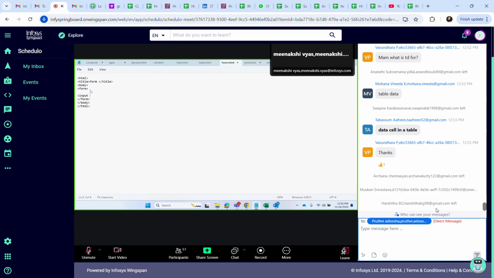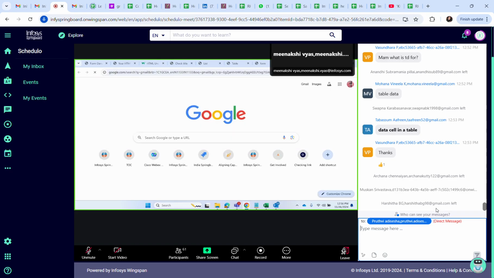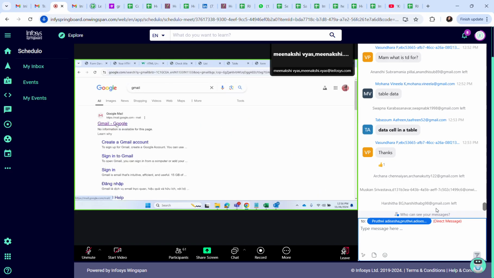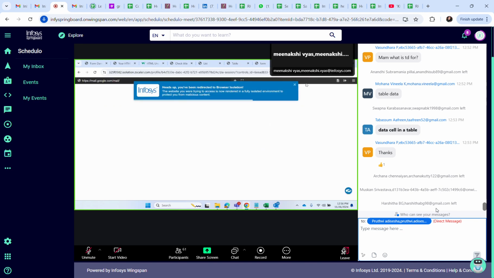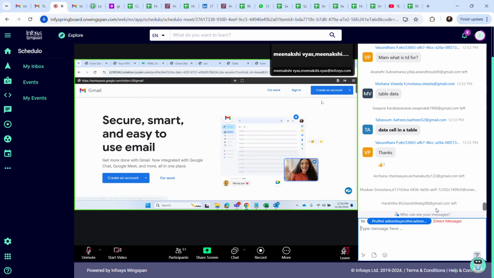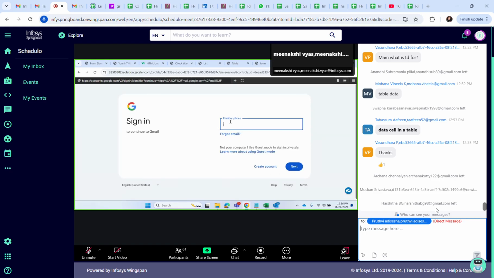I want to create a label, like you open any website. Let's open Gmail, right? When you open Gmail, what can you see? The Gmail will be opened directly, I think. No. Let's click on sign in. Can you see one page is coming? The email or phone is required, forgot email. This is a link, right? This is a button. When you click on this button, it will go to the next page.